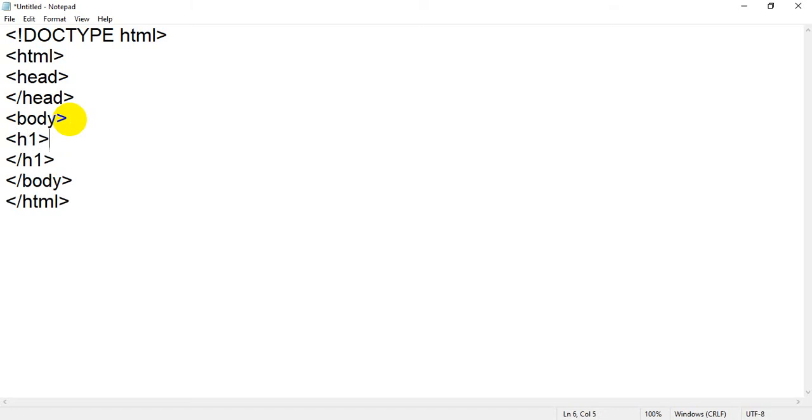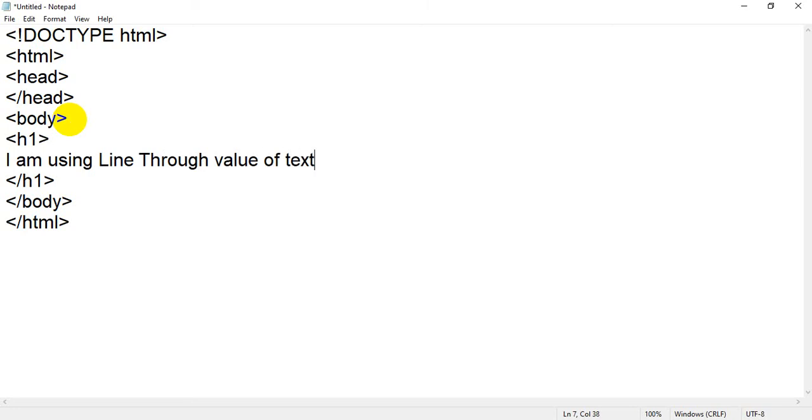Now in that h1 I am going to write: I am using line-through value of text decoration property.